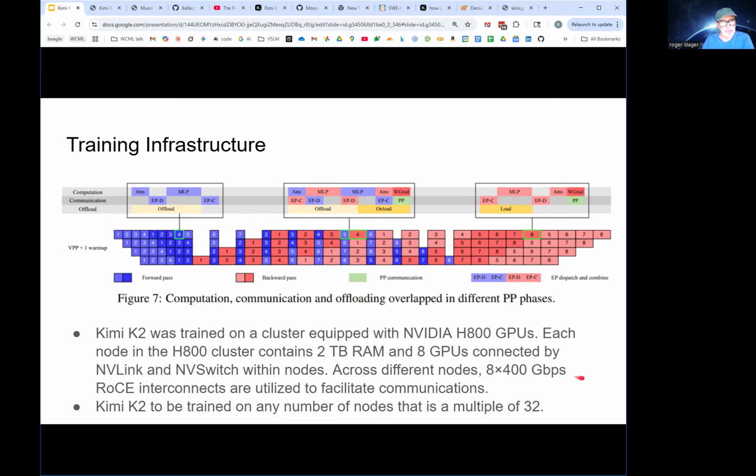There's a place where they talk about the architecture. I don't know if they talked about the full size, but they did say that you can do it on any number of 32 nodes in the cluster, the same algorithm works. And that was important, I guess, because when they ran these different tests, sometimes it was small, sometimes it was large, they wanted to use exactly the same scheduling and everything.